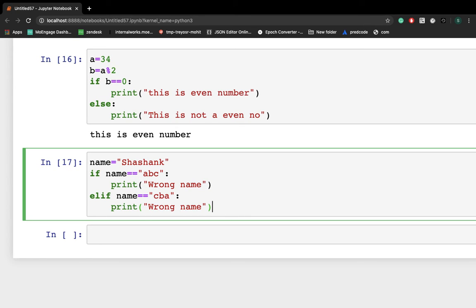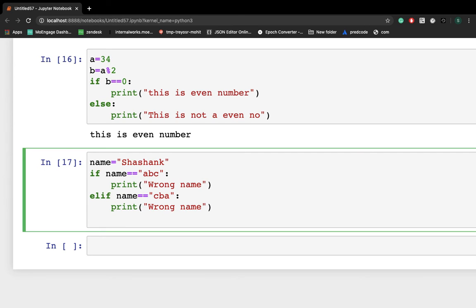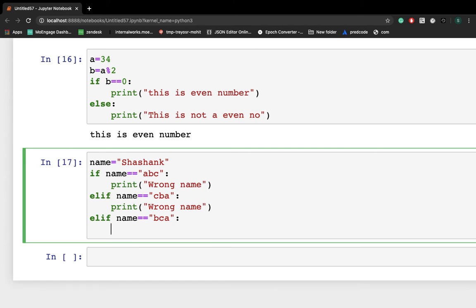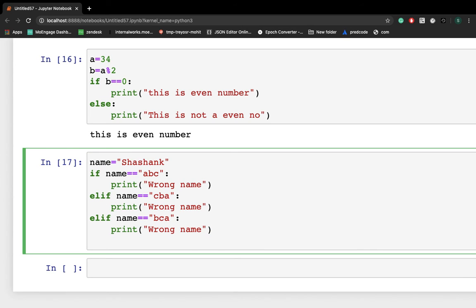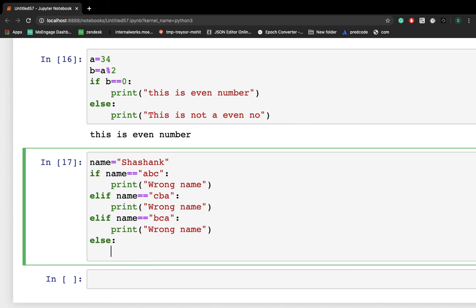Now I'm writing elif again, name equals BCA, then a colon, and the same thing, print this will also be a wrong name. Else, I'm writing please enter a correct name.